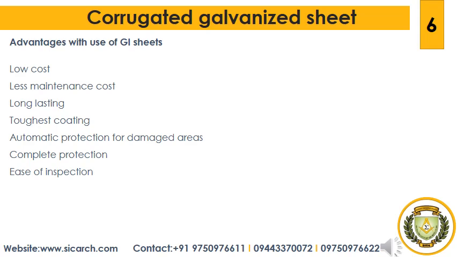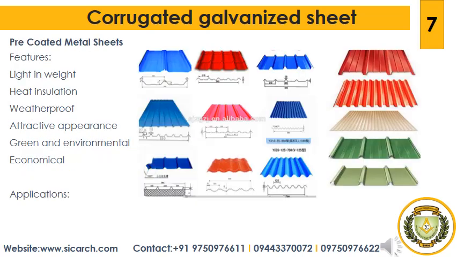Corrugated sheets are also known as corrugated galvanized iron sheets and these are value-added steel products which are tough, sturdy, lightweight, bright, corrosion resistant and they are easy to transport. They are usually produced in the thickness range of 0.15 mm to 2 mm and the width range of 800 mm to 1560 mm. The weight of the zinc coating varies from 100 grams per square meter to 750 grams per square meter. The weight of the zinc coating varies with the thickness of the steel sheet and the application of the GI sheet. So next we will see about pre-coated metal sheets.